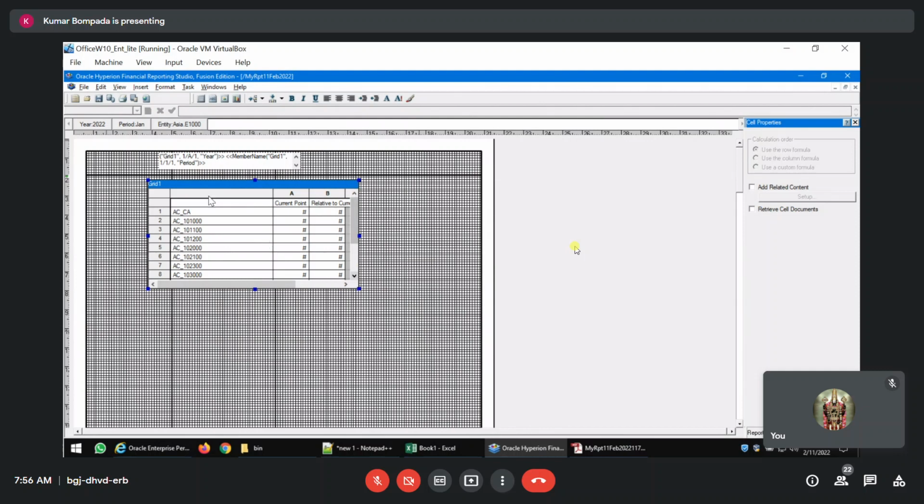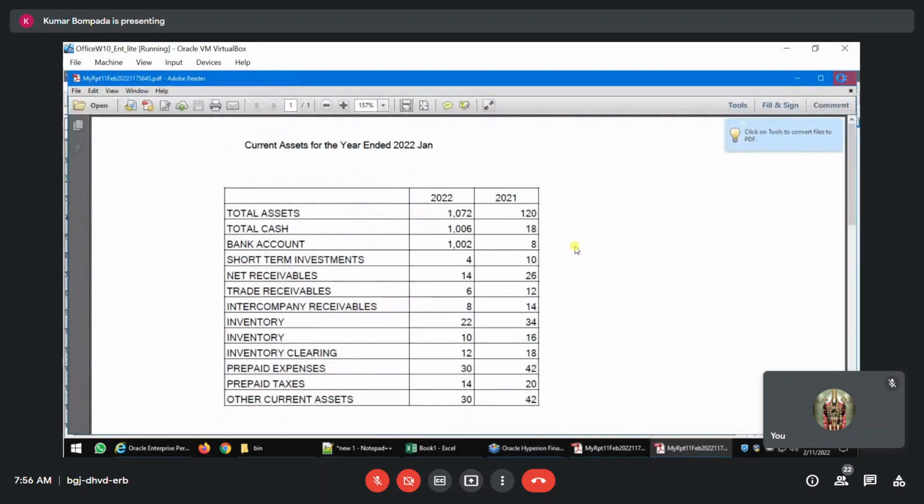So here I'll make it small now. It doesn't matter whether you put small or big. The report will always show the entire value. See,